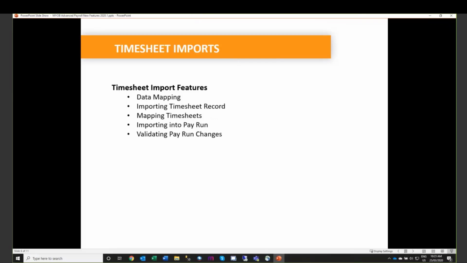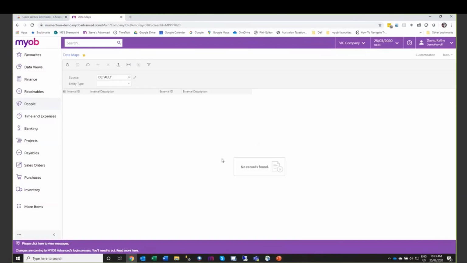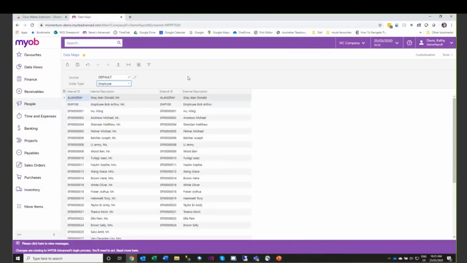So if we take a look at that, as far as the data mapping is concerned, there are 3 areas that you need to map: the employee, the pay item, and if you're using sub-accounts. So if you're in a situation where you've got time being used on site and multiple sites visited during the day, and each one of your sites is a sub-account,